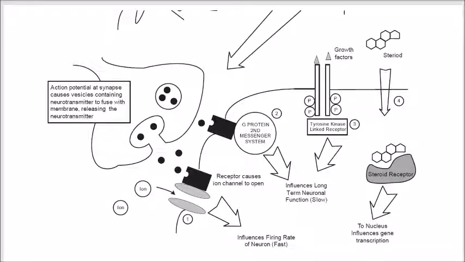So in the lower part of the figure in the book, we see the three major systems that we'll be dealing with in this course. Number one shows an ionotropic channel. By that, I mean when the neurotransmitter, the black dot, attaches to the receptor, it causes a conformational change such that a channel opens. Ions then flow back and forth through this channel, and that usually has some very direct input on the firing rate of the neuron, either to trigger an action potential or to cause hyperpolarization and prevent the neuron from firing. In contrast, the G protein second messenger system